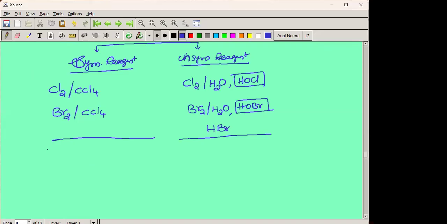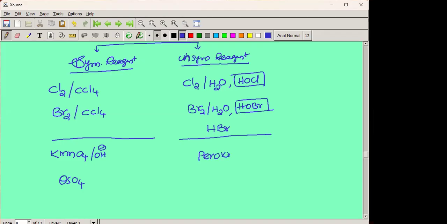Oxidizing agents. See here, potassium permanganate, KMnO4, in presence of basic medium, this is considered as a Baeyer's oxidation reaction. Osmium tetroxide is also an oxidizing agent. These give a product in symmetrical condition. That's why I'm going to take these two oxidizing agents here, and the remaining oxidizing agents, that is